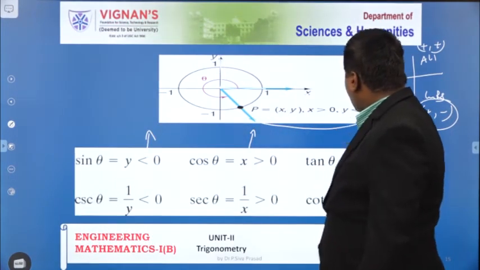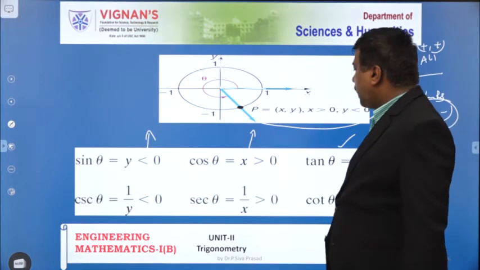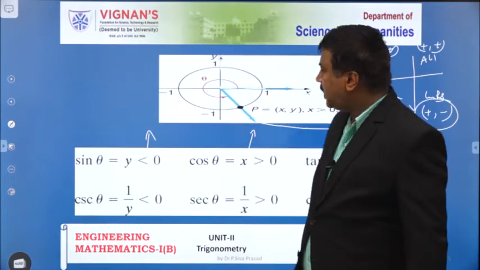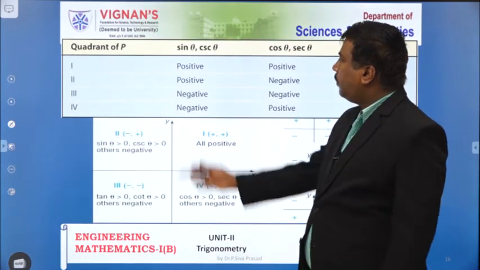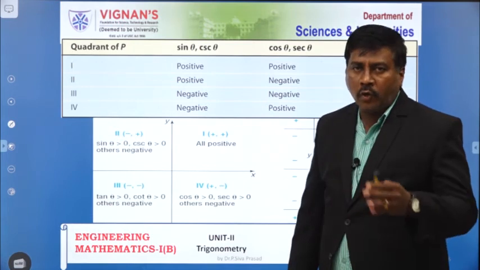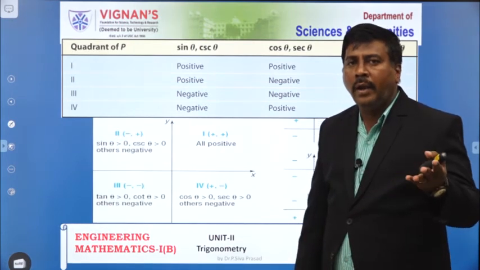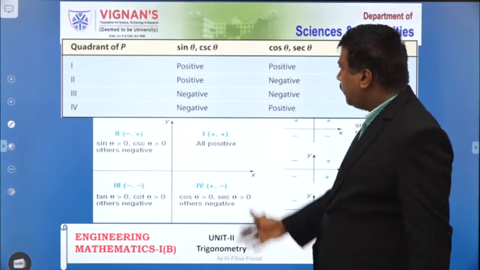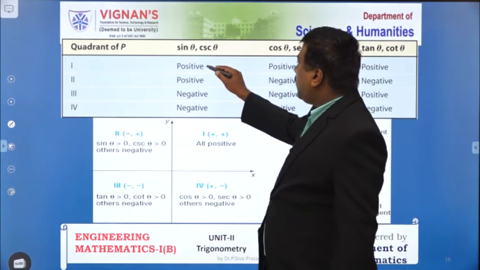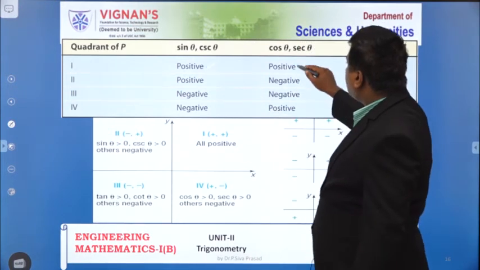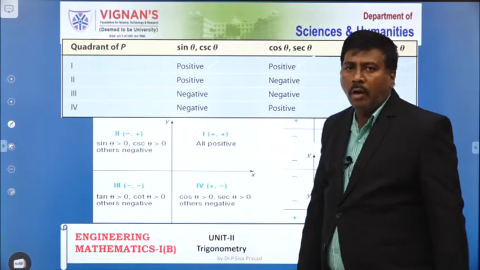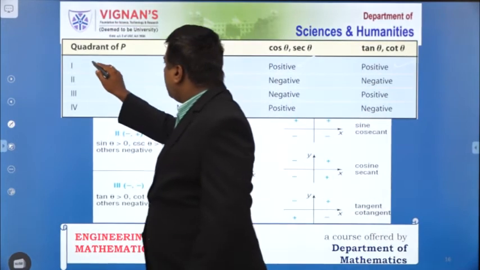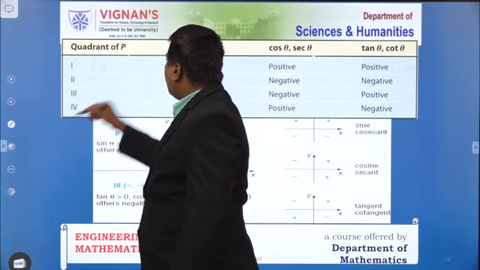So by using that, the tan theta value and cot theta value are less than 0, the secant theta value is greater than 0, and the cosecant theta value is less than 0. Now, in the first quadrant, once again I recapitulate whatever contents you learned in the previous class for doing the problems. In the first quadrant, sin, cos, secant, tan, and cot are all positive. Please keep this in mind. That means the first quadrant is represented as plus plus.